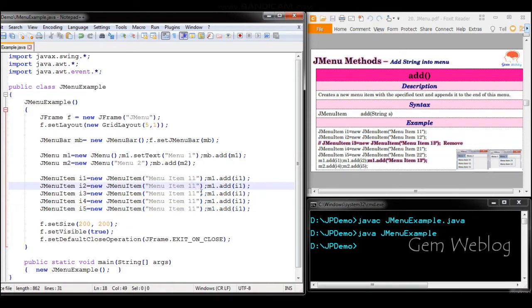Since I'm going to add these into the first menu, it is I1, I2, I3. And I'm going to add into the second menu I21, 22, 23. Here it is, second menu. Here I'm going to add I3, I4 and 5 into the second menu.